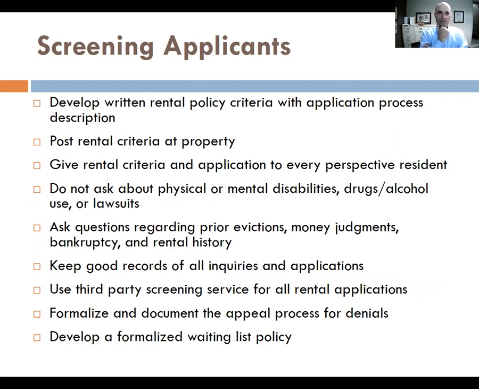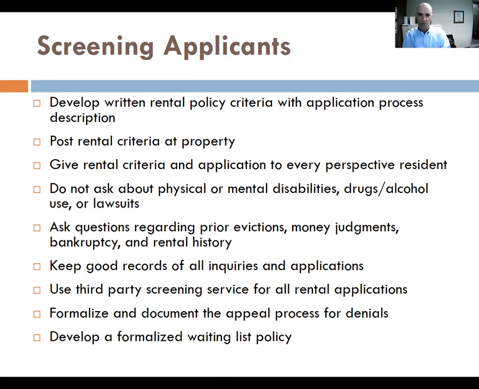Screening. This is just another area when it comes to screening applicants. You can't ask questions about physical or mental disabilities. This slide's a little out of order, but basically it's saying in your policies and practices, base your decisions